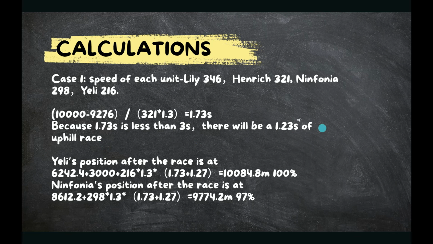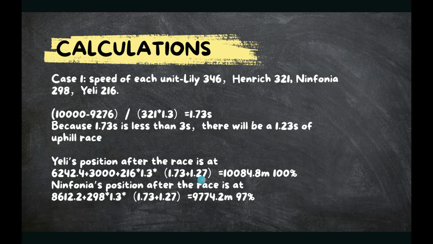So after getting this, we can now figure out where Yeli is and where Nymphonia is after Heinrich moves. Okay, and Yeli's position is 6,242.4 meters plus 3,000 meters, which is given by Yeli's turn meter push, and then plus 216 times 1.3, this is Yeli's speed after the speed buff, and times